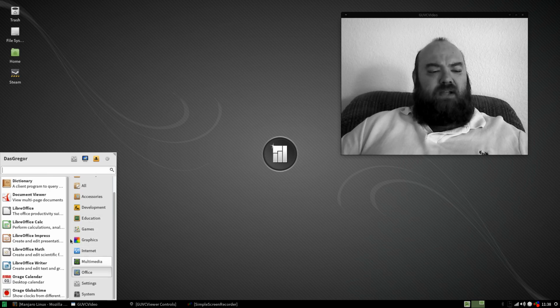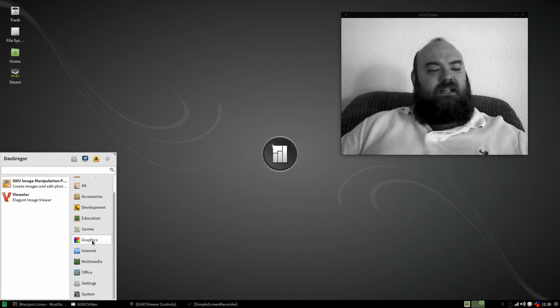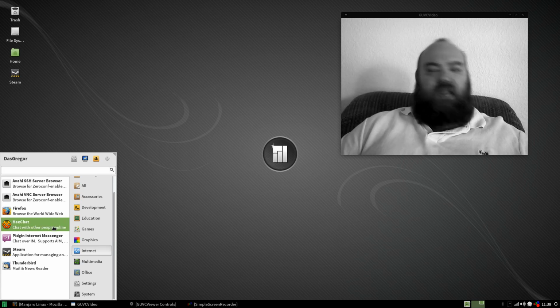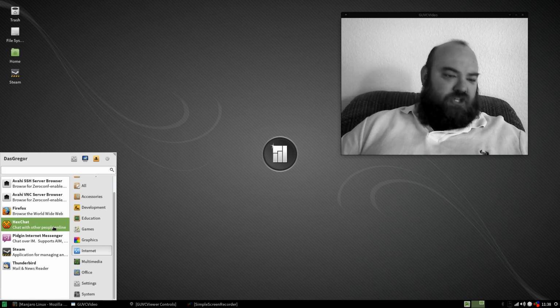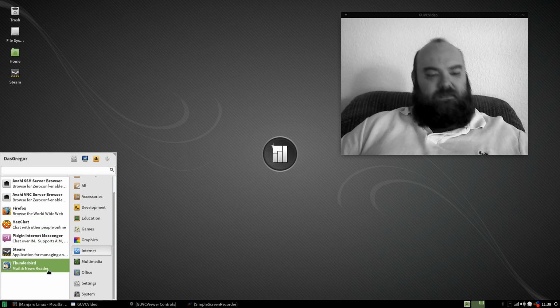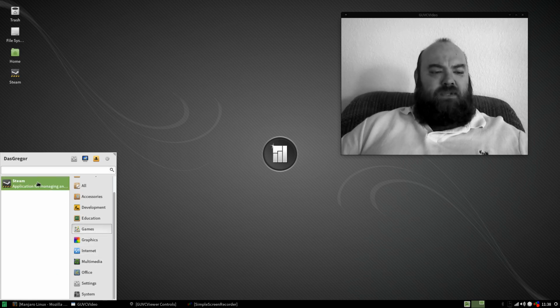For Office products, they have all the LibreOffice suite, along with XFCE's Office products, such as the calendar and globe time. It did come with the GIMP, and it sports Firefox as its main browser. Now, if you're an IRC person, it comes with HexChat, and if you're just a chatter in general, Pidgin for normal chatting. Thunderbird, of course, for your email. No real games other than Steam at this point, but everything can be